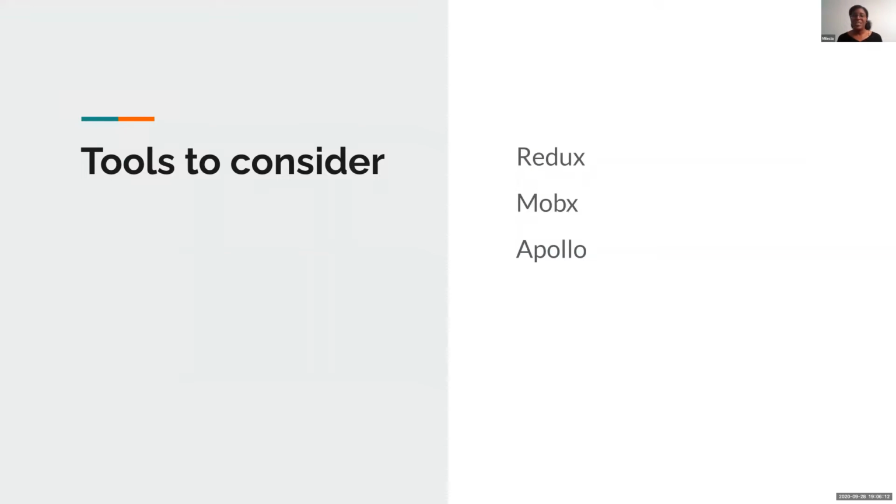But of course, there are the top 3 tools to consider. You probably already know about Redux, so I won't talk about that one. MobX, it's not as common as Redux, but is definitely really popular. And pretty much the only difference between Redux and MobX is that Redux has that one giant global store, and in MobX you can have multiple smaller stores. So that's one of those, it kind of depends on what you personally like or what you think would fit